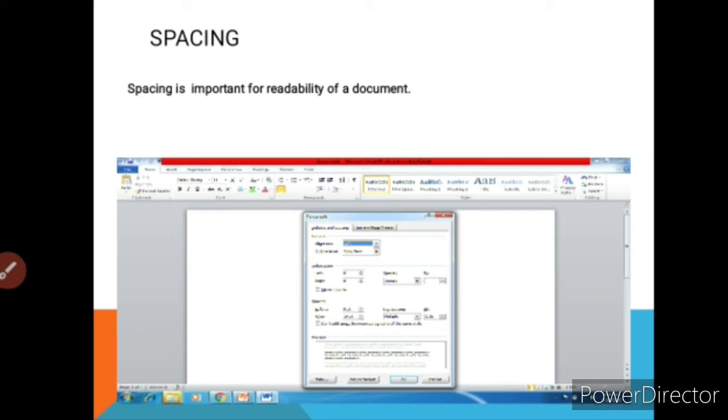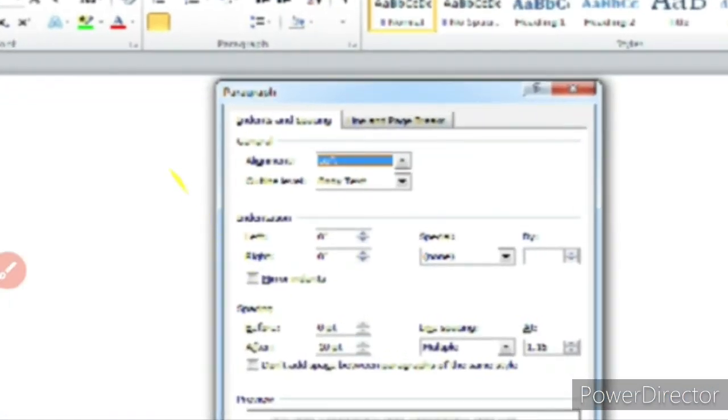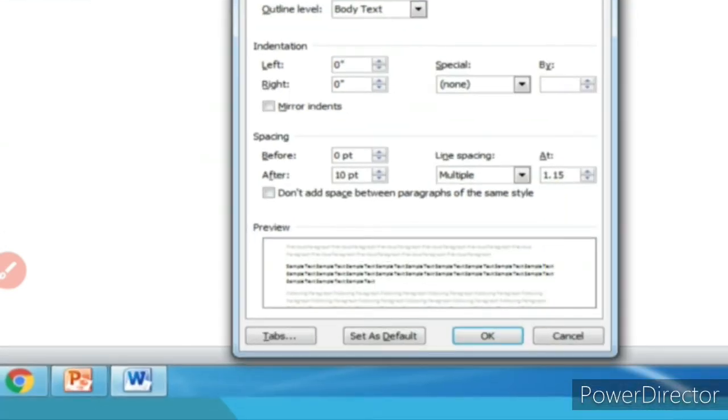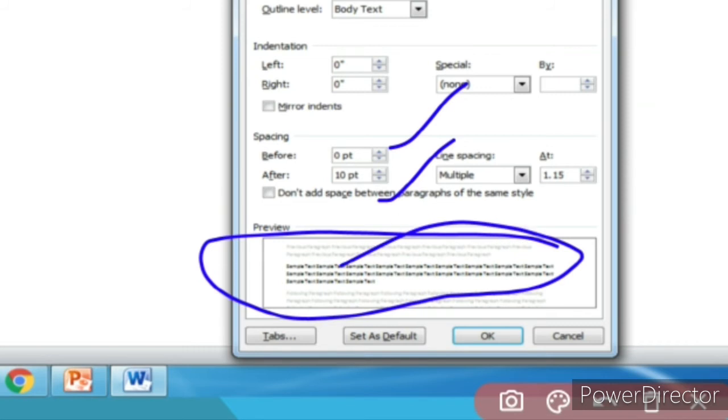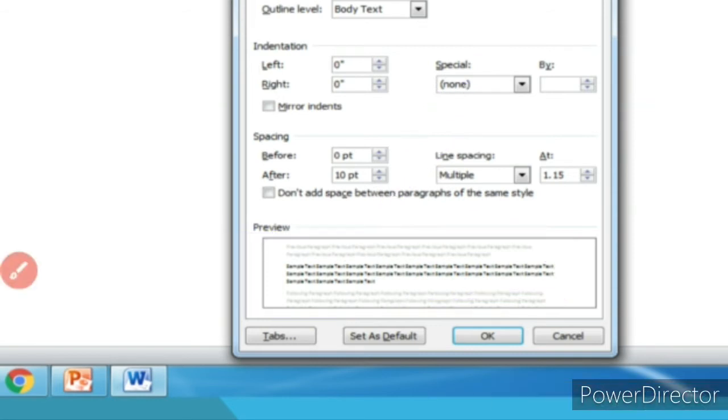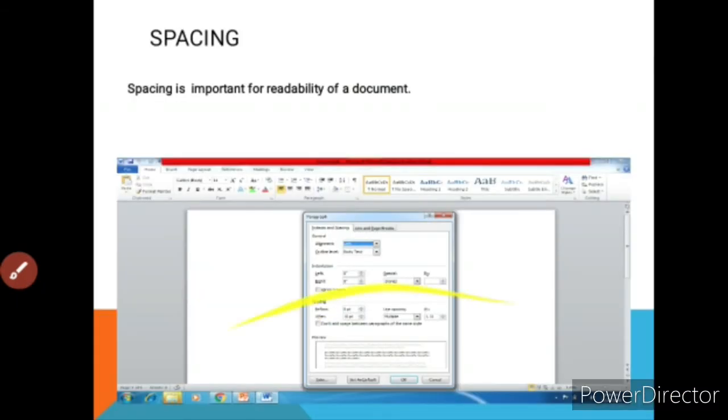So again you just have to open that paragraph dialog box. After that, you can see here we have the spacing option. As per your choice, you can apply the values before and after. Whatever value you want to apply will appear on the text. Okay, it will show the difference between your paragraphs, like you can see here, and just press the OK button. Okay, this is the basic option of spacing.